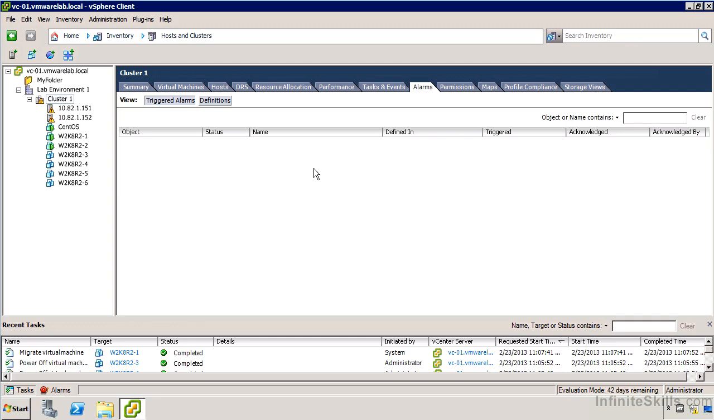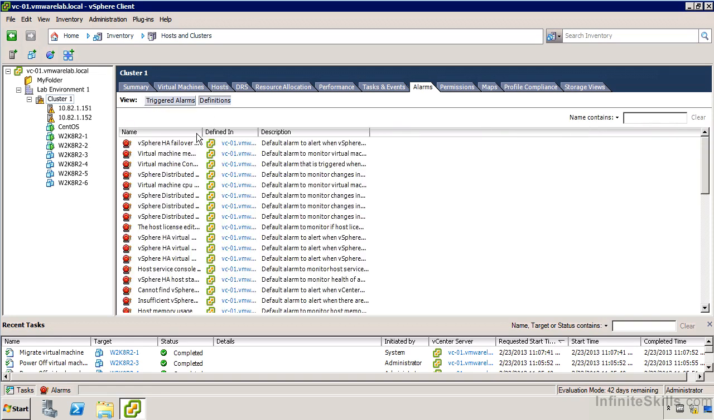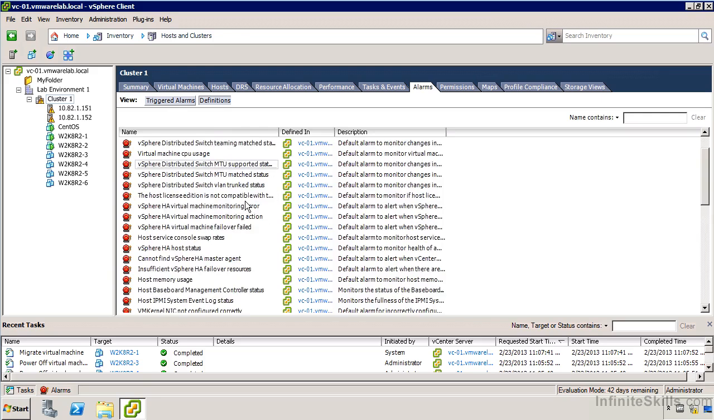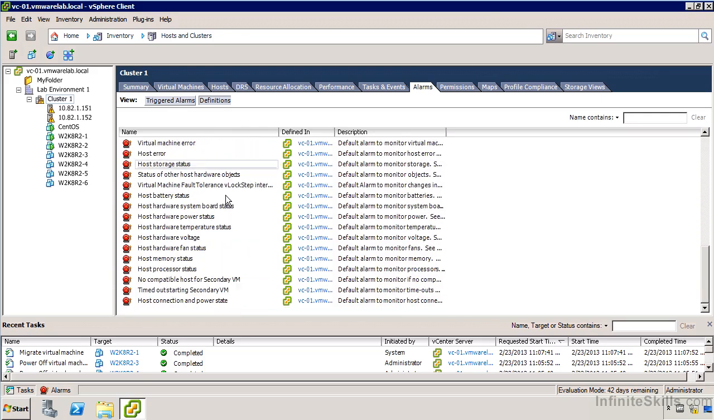So that gives us a pretty good view of acknowledging and clearing an alarm, but there's many things that could occur in a complex vSphere environment that we probably want to be made aware of when they happen. In fact, we might even want to have the system take action for us when they happen. You'll see that we've got triggered alarms. We can also see definitions. So there's quite a few previously defined alarms within vCenter that we can attach to a cluster object in this